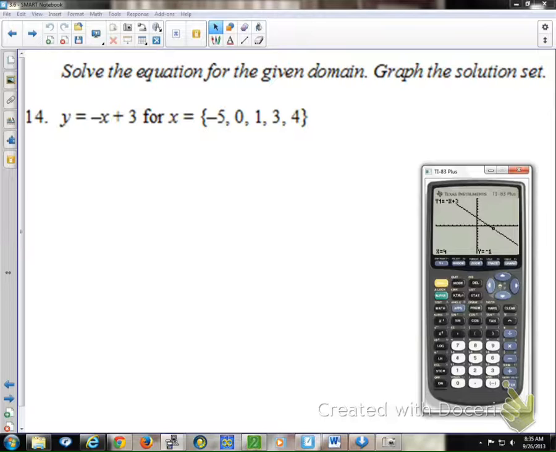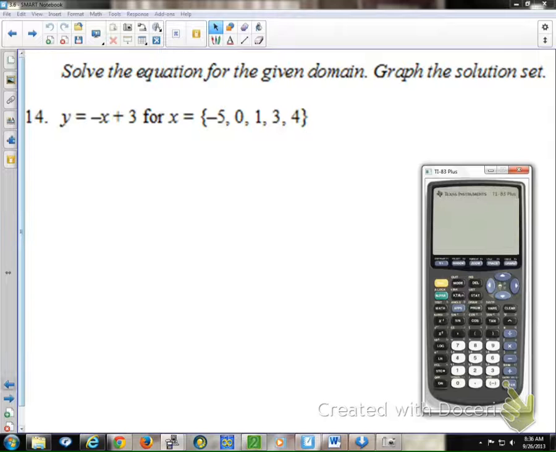Now this leads very well into what we're going to talk about next, which is functions. From what you read yesterday, what is the domain of a function? Yeah, it's just the x values. It's all the x values that are used for that particular function. In this one, those are the only x values. That's why they said for the given domain, meaning only for these x values. And the range is just the y values that you use. So what you just found, those 5 values, would be the range of this function. Domain is the x, range is the y. Questions? All right, let's move on.